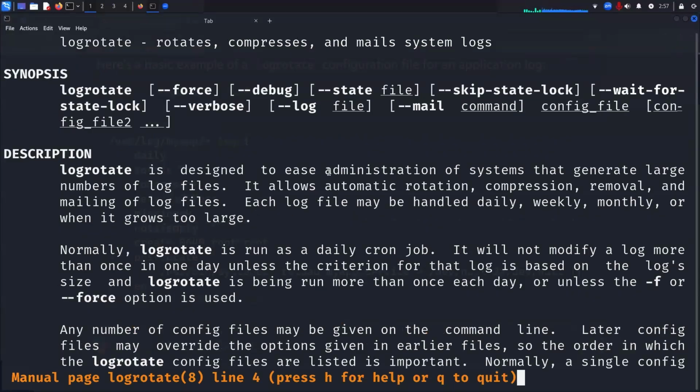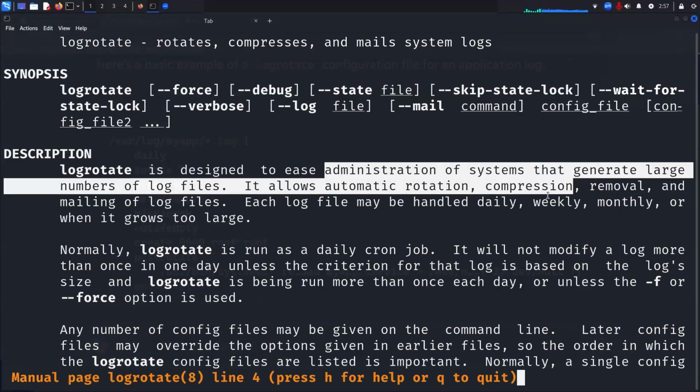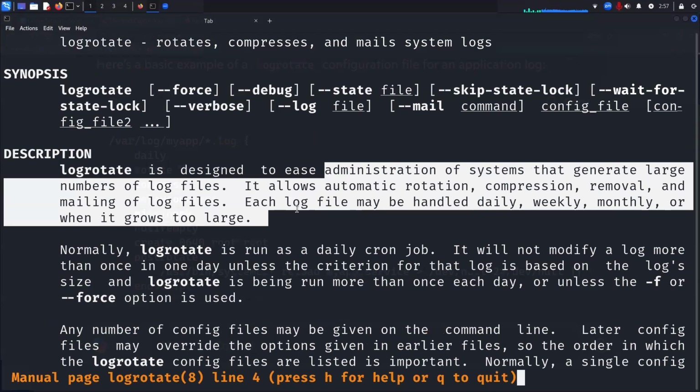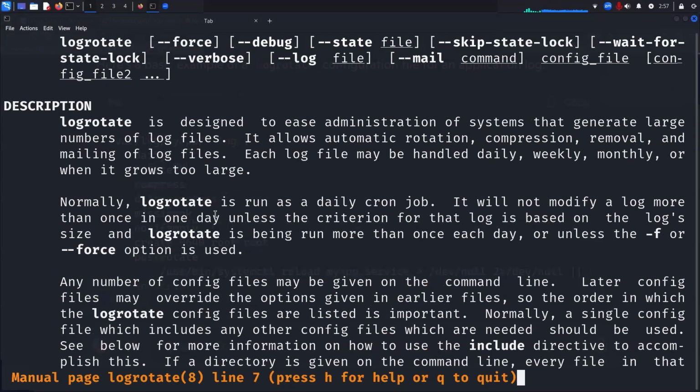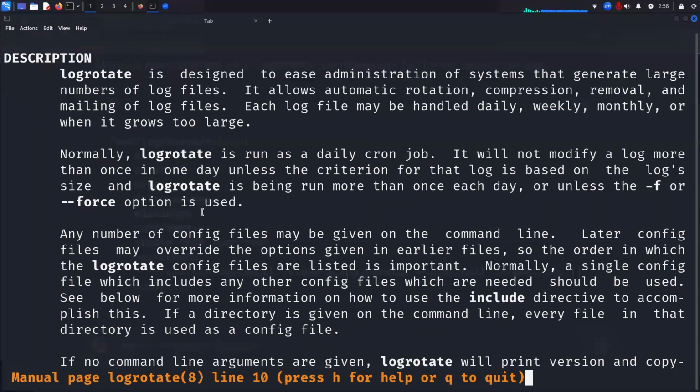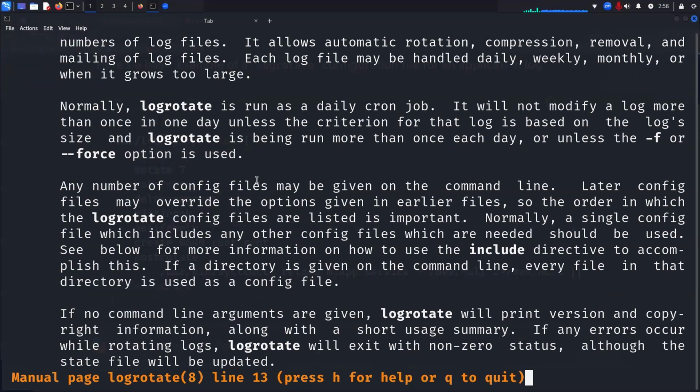The description is that it's designed to ease administration of systems that generate large numbers of log files. It allows automatic rotation, compression, removal, and mailing of log files. Each log file may be handled daily, weekly, monthly, or when it grows too large. Normally, it is run on a daily cron job. It will not modify a log more than once in one day unless the criterion for that log is based on the log's size and logrotate is being run more than once each day,